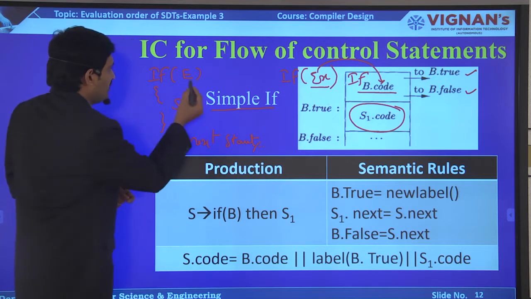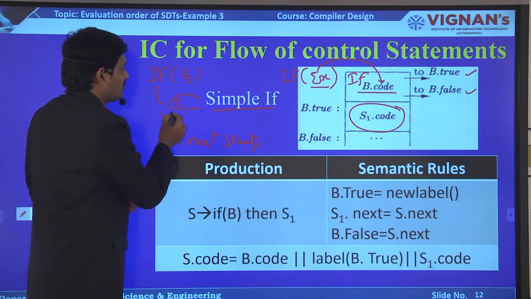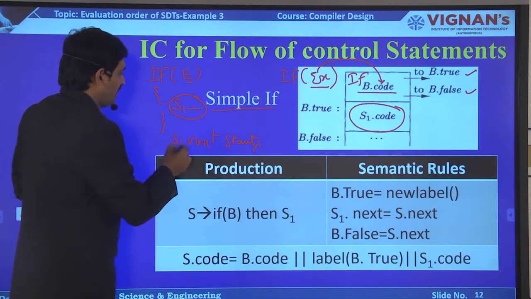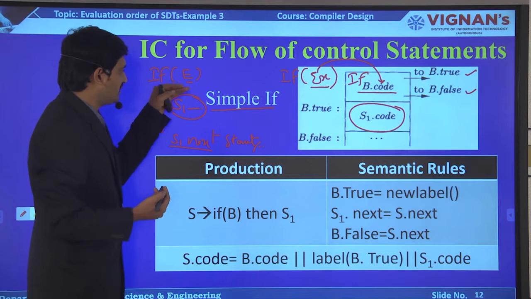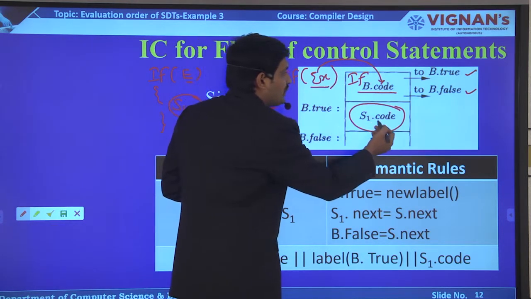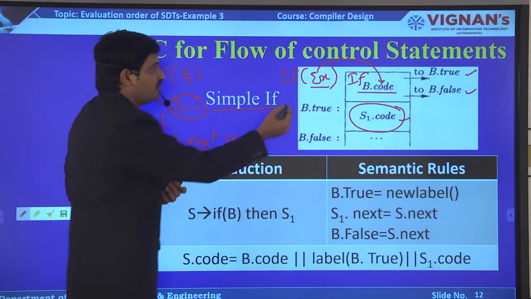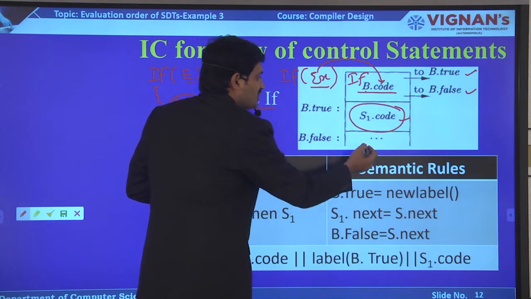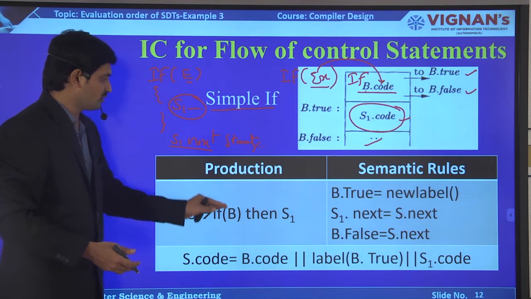This is the if statement, S1 is nothing but the statements inside this if block, and S1 next is the instructions or code existing outside of this if. If b is true, we are going to execute these S1 statements. If b dot code is false, we are going to execute some other statements apart from that S1.